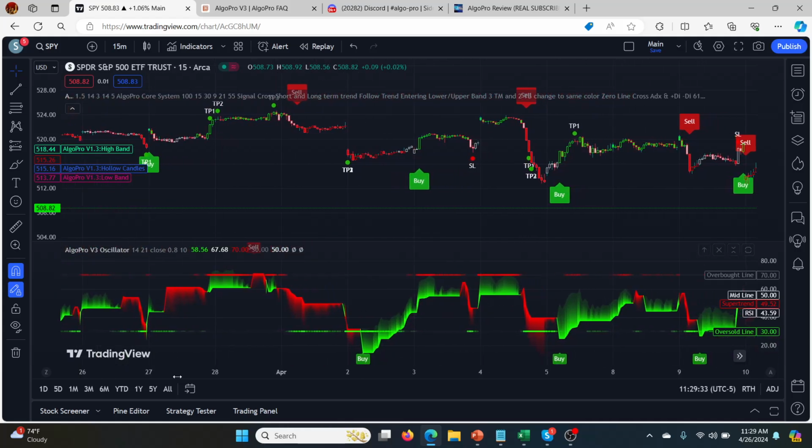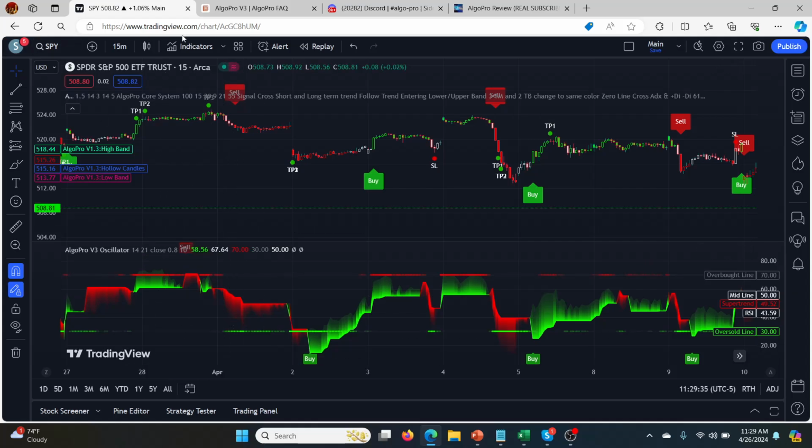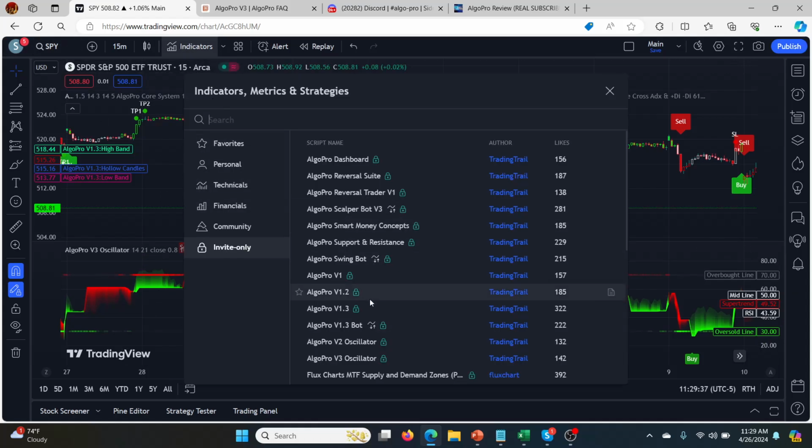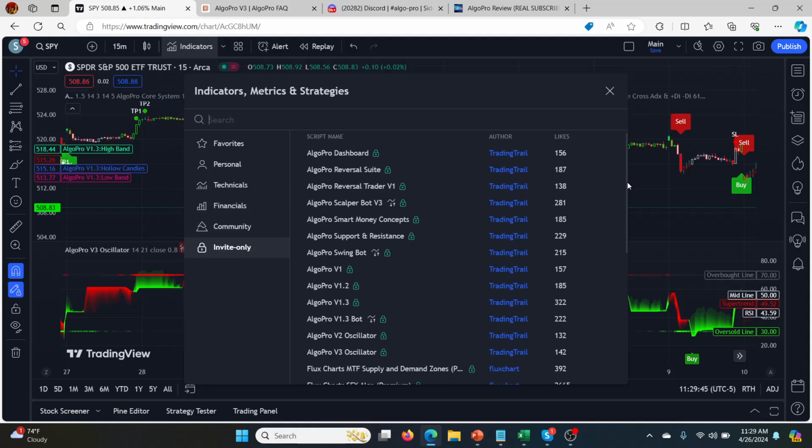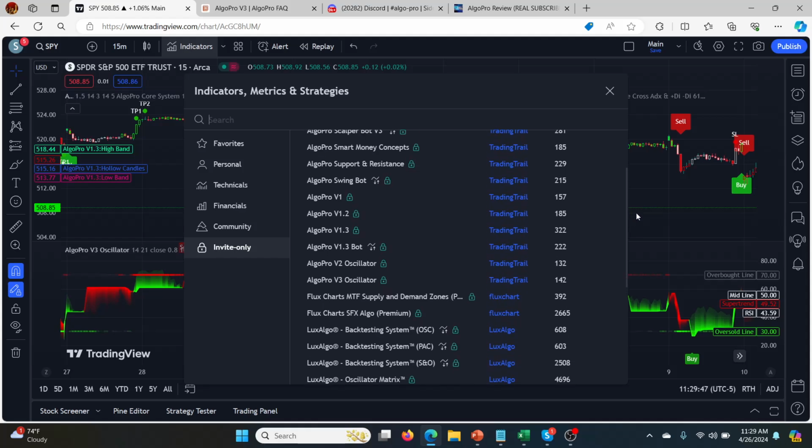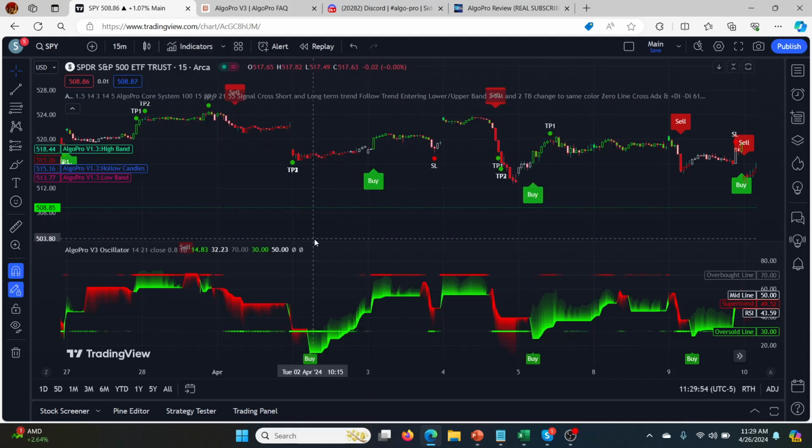So hopefully that's helpful. Hopefully you start looking at the V3. So all you have to do is go into indicators. And the version 1.3 is this one right here. That's for those top signals though. The bottom one is actually, let's see, where is it? This one, AlgoPro V3 Oscillator. So if you want something to add to your charts, this one might be worth it. I know a few people are having success with it,